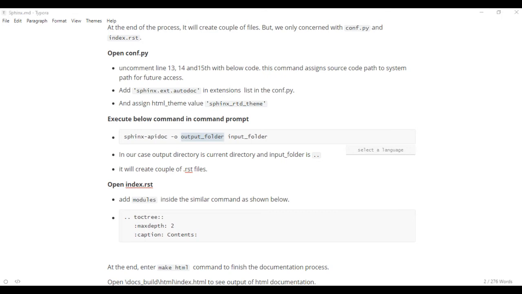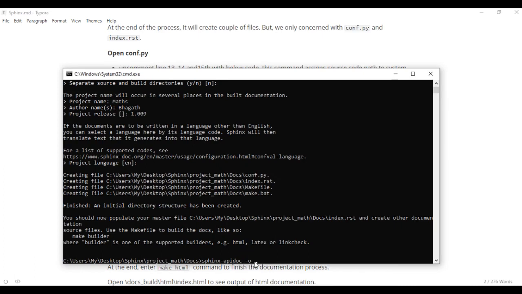For that I want the RST files in the current directory, that is docs, so here I am putting single dot, and my code is in maths, which is one level above our docs folder, so I'm using double dot here, then enter.